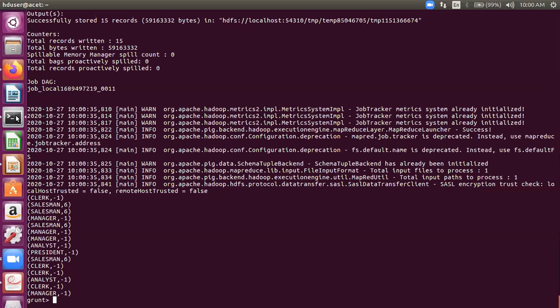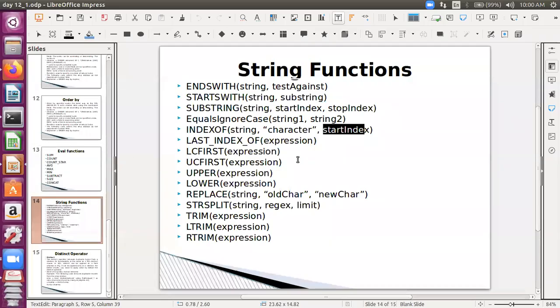From that point onward, the position of A is 6, so it returns 6. I hope you understand the meaning of the third argument, the start index: the point from where you start locating the index of the specified character.